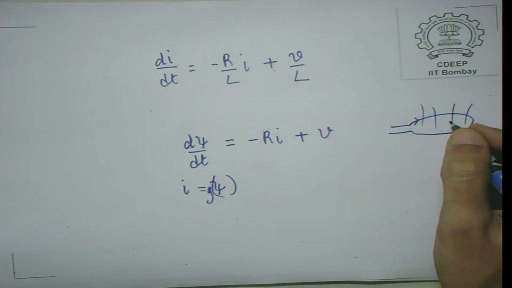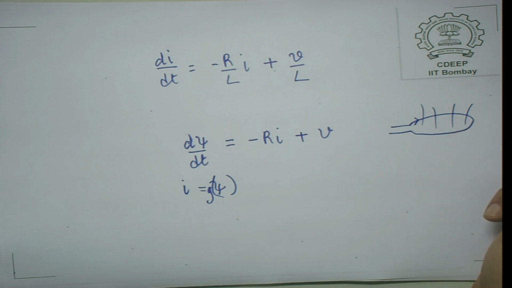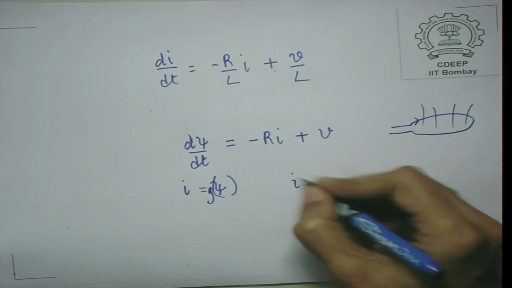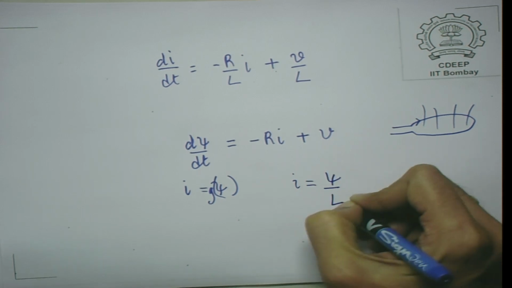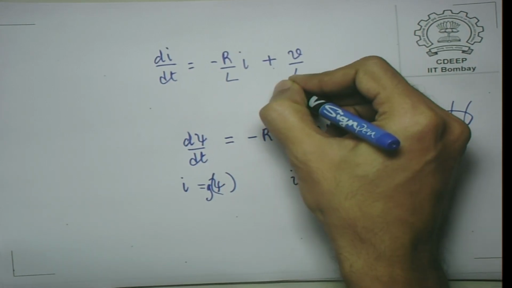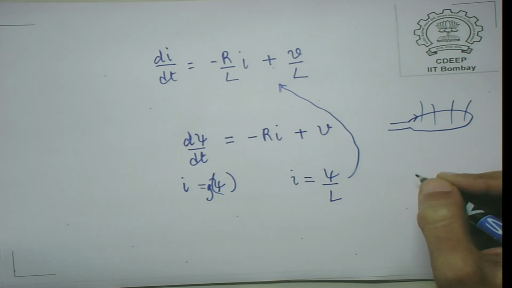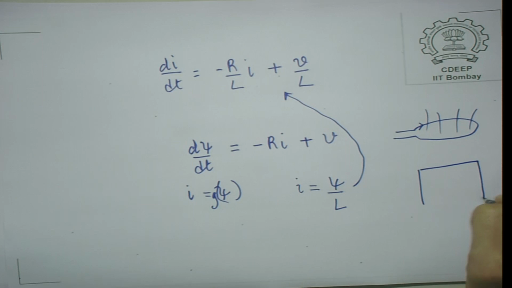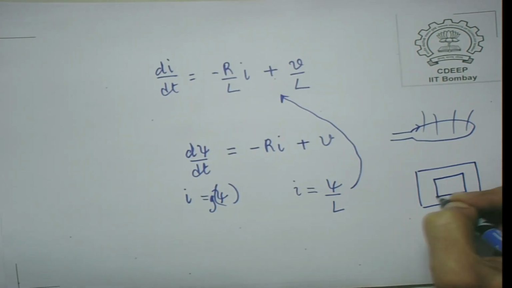Which appears in the current flux equation, and that is simply a constant. So, we in fact expect that I is equal to psi by L, in which case we come back to this equation. We will also of course consider the case where this is wound on a ferromagnetic material like steel, magnetic steel